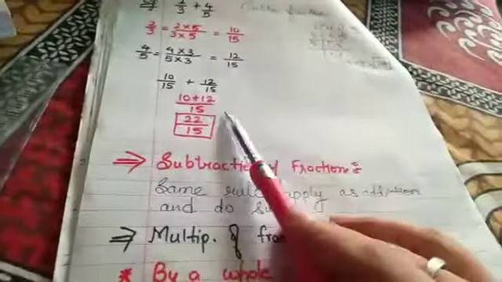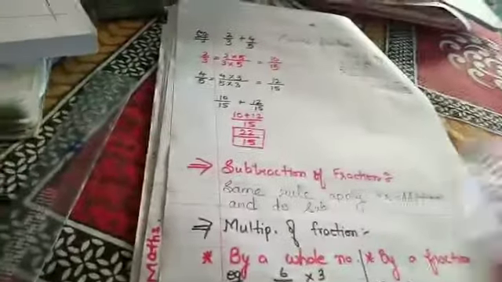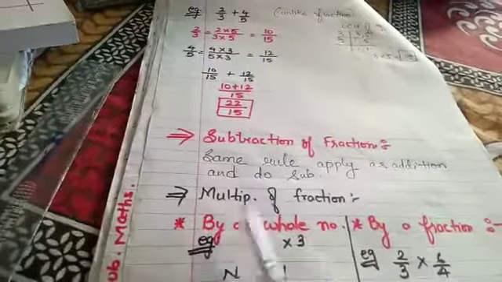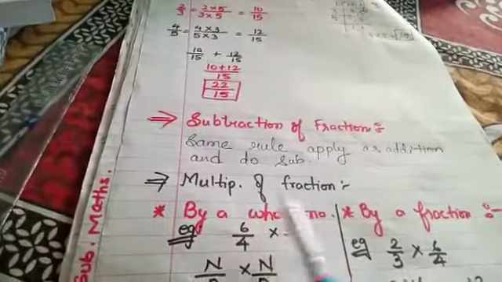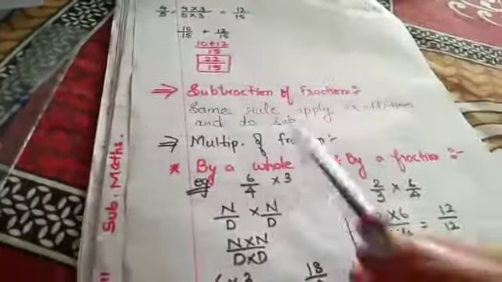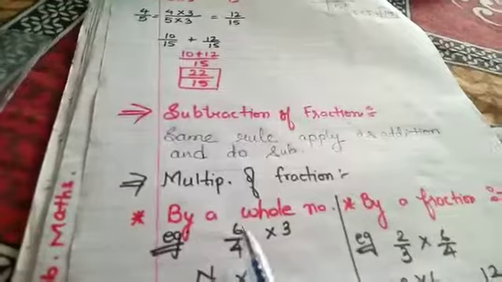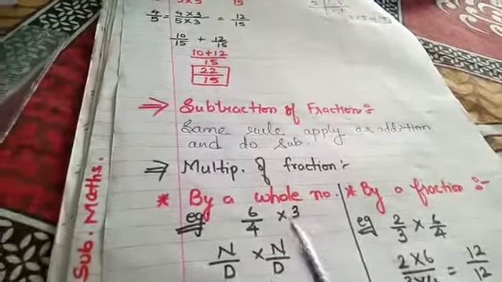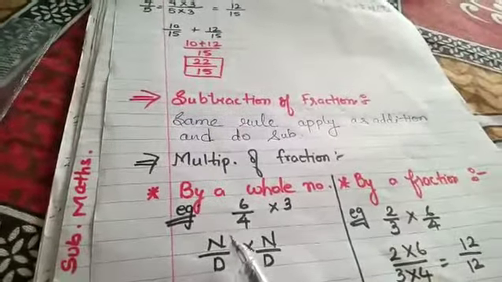If like fractions are given, do it like this. Okay, and if unlike fractions are there, do LCM and do the subtraction. Now what comes? Multiplication of fractions by a whole number. In multiplication, what you have to see is, suppose it is given 6 upon 4 into 3. Okay, so what rule you have to apply is, see, numerator, denominator